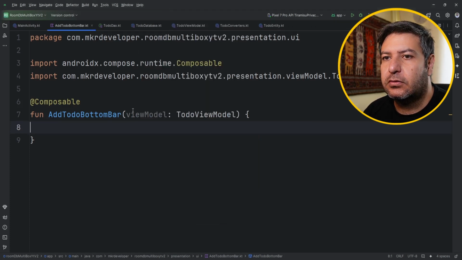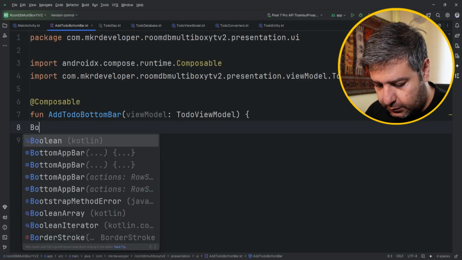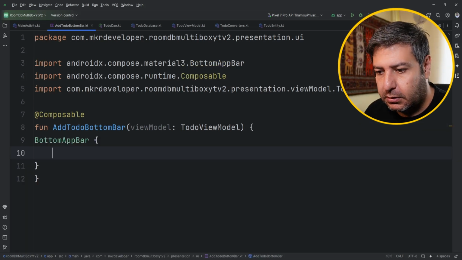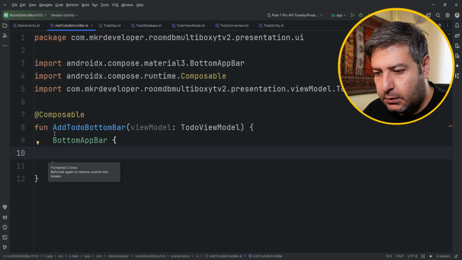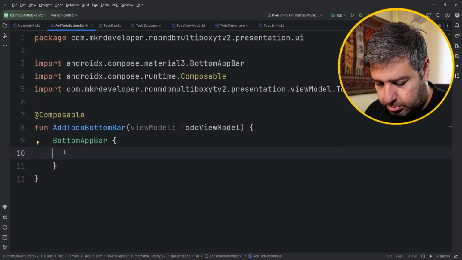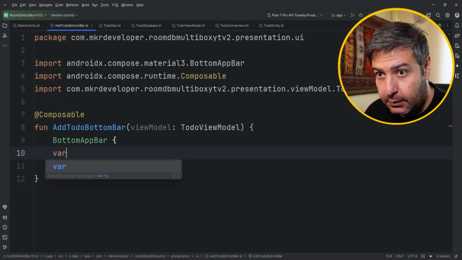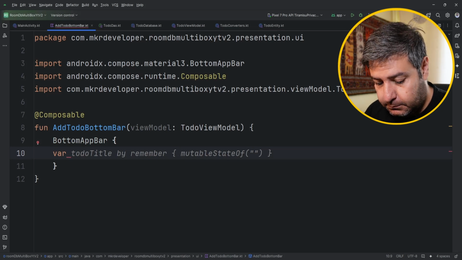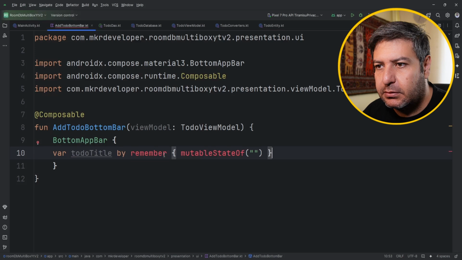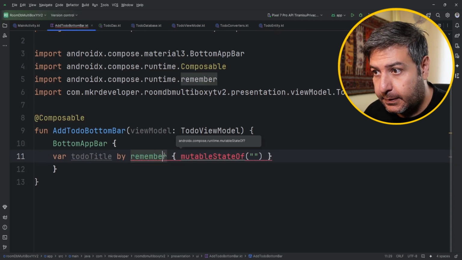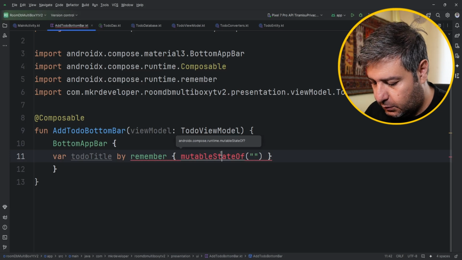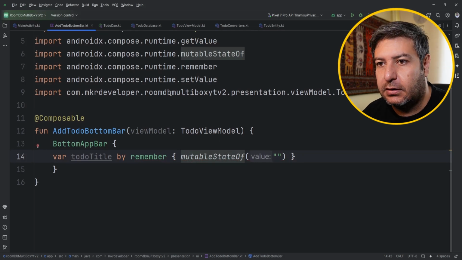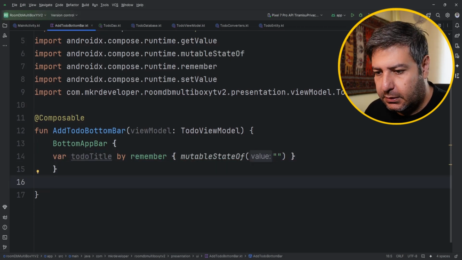So here let's start with having a bottom bar, bottom app bar, and a var to do title by remember mutable state of empty string. Okay, then